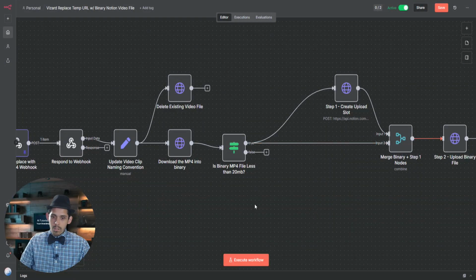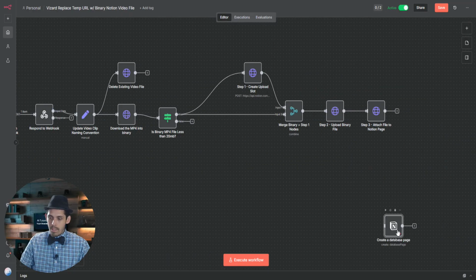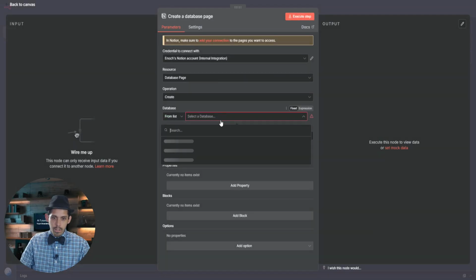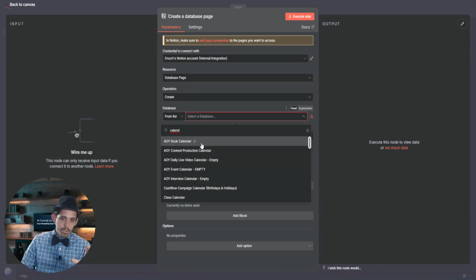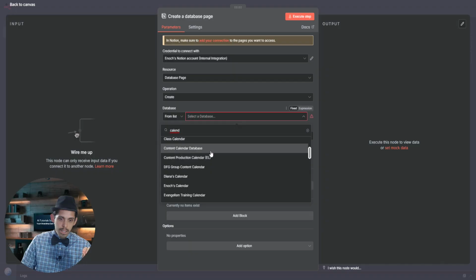There it is. In this master content calendar, if we're going to add a page and you're using the built-in Notion node, one thing that I learned about this, which is very different, is that